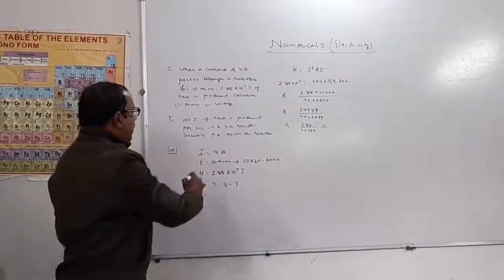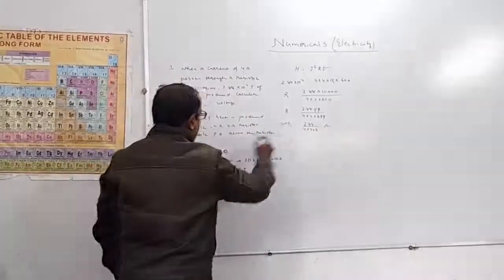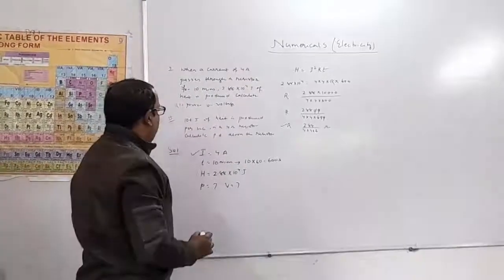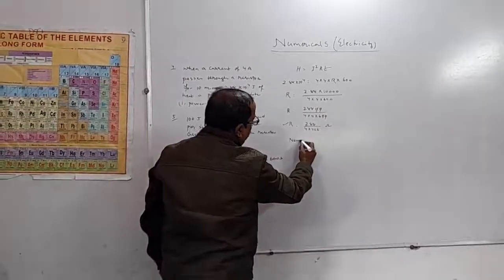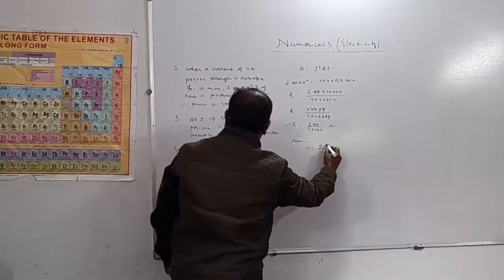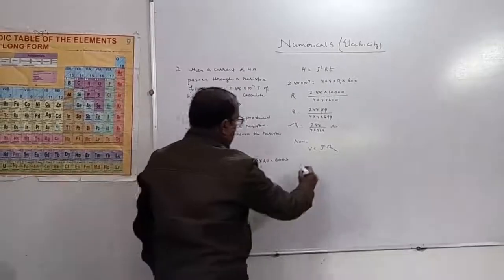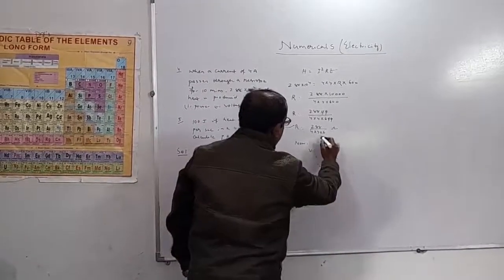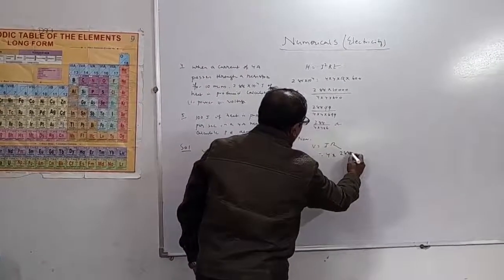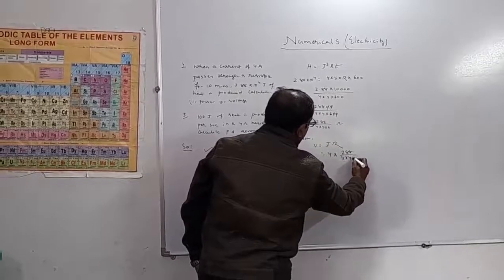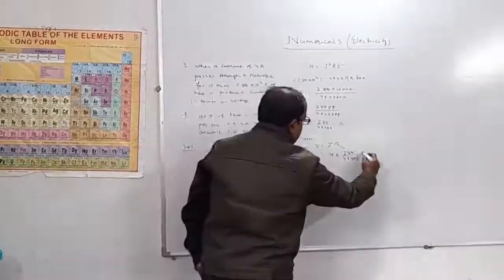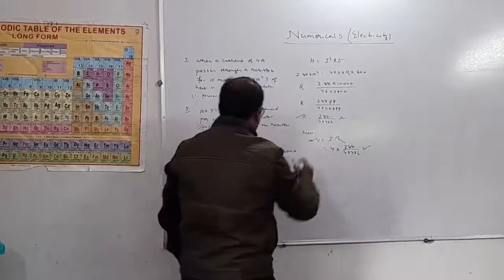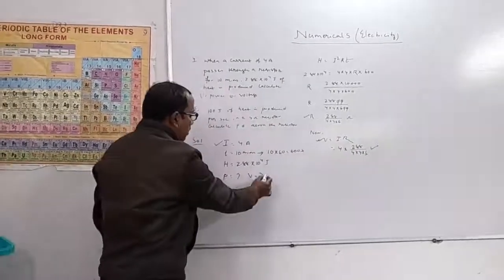So now we get the resistance and current. From here we find the V. So now V is equal to IR. I is given, that is 4 ampere. R is also there, 288 by 4 into 4 into 6. Now by calculating this one, we can find out the potential difference across the resistor.